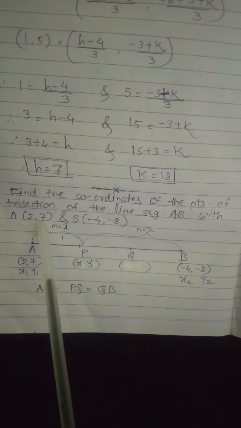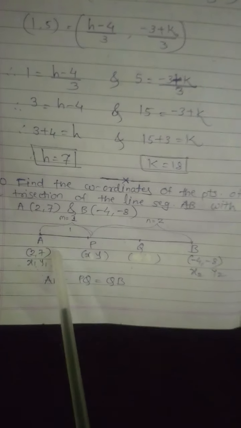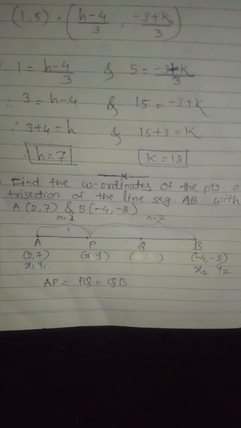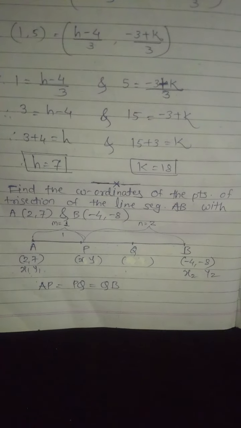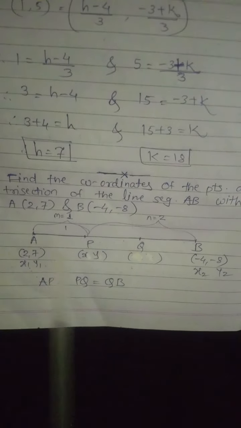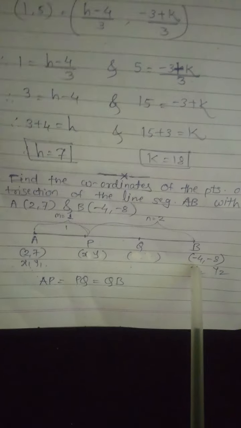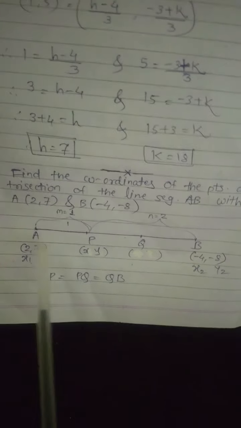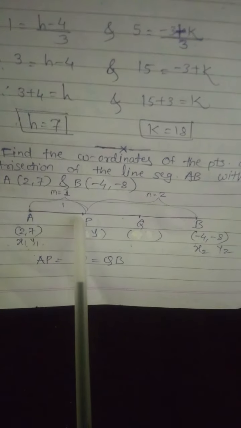The exceptional part in this example is that you are given the trisection of the line segment. So what is the meaning of the trisection? It means the given segment is divided into three equal parts. So this example can be easily understood by drawing a figure. So we draw here the figure, that is, we are given the line segment AB and it is trisected. So here we draw three equal parts of that segment, that is first part, second part, and